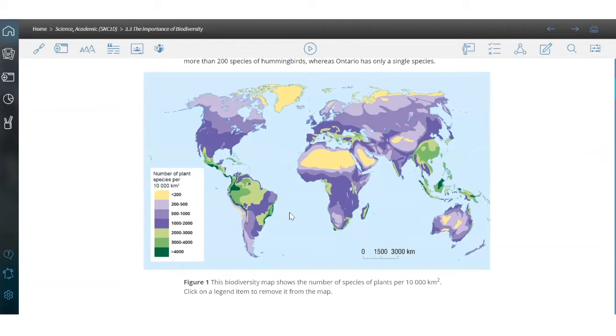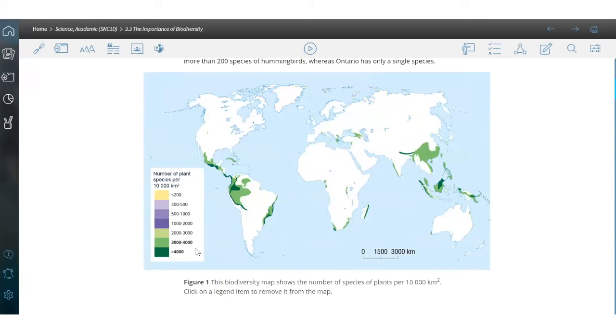This one is showing me the diversity of plants on Earth, and I can go ahead and click off different areas. So right now I'm showing the highest density of plants in the world. And I could have this as a conversation starter in my class with my students and have them start to look at the map and go, why do we think that there is such a high level of plant diversity